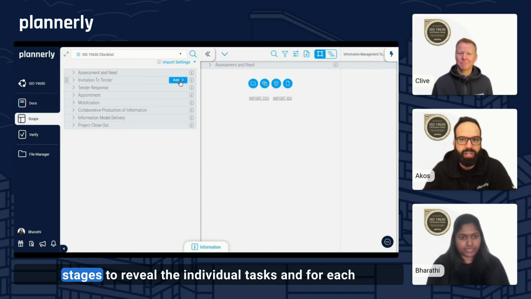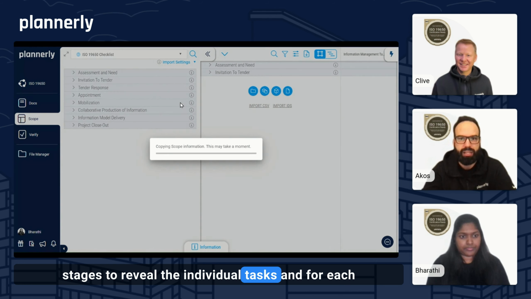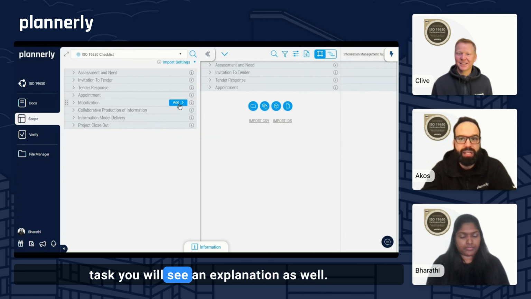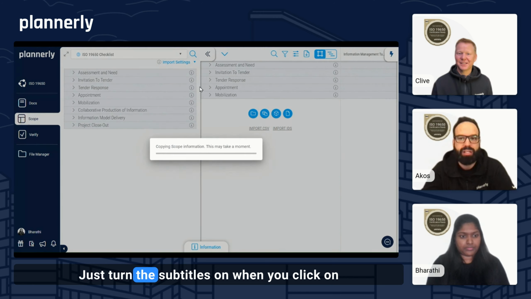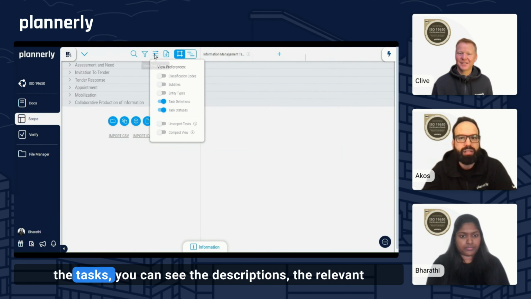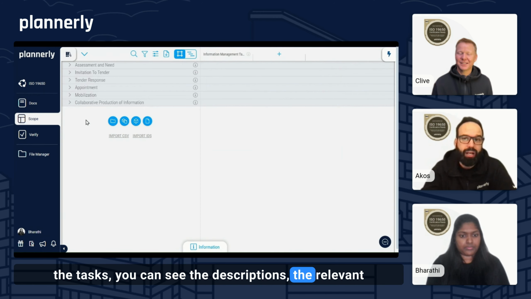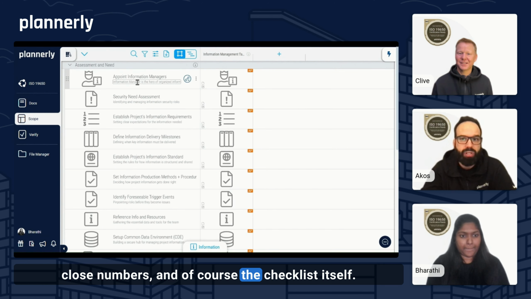Expand any folders or stages to reveal the individual tasks. And for each task, you will see an explanation as well. Just turn the subtitles on. When you click on the tasks, you can see the descriptions, the relevant clause numbers, and of course, the checklist